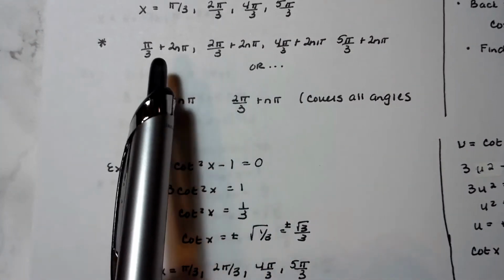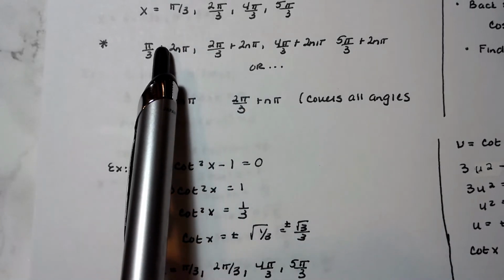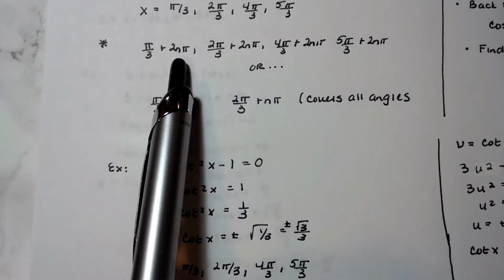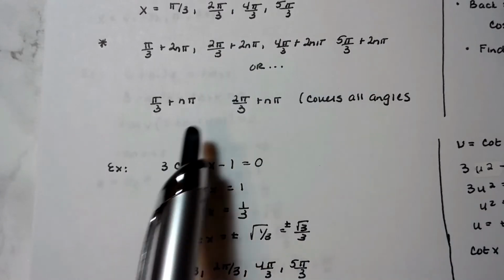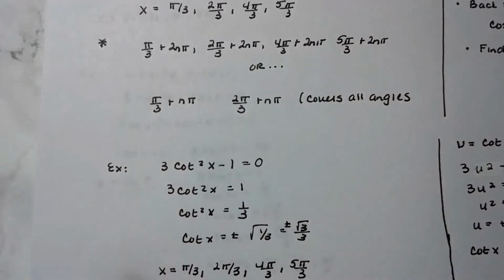But anyway, I can write each one of these as a general solution: pi over 3 plus 2n pi, 2 pi over 3 plus 2n pi, and so on. Or, what I know is from my unit circle,